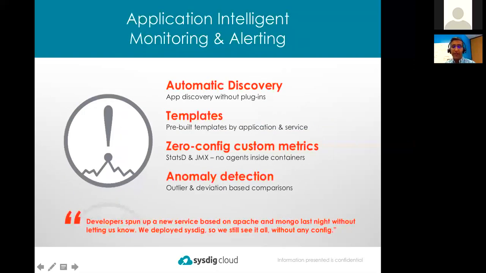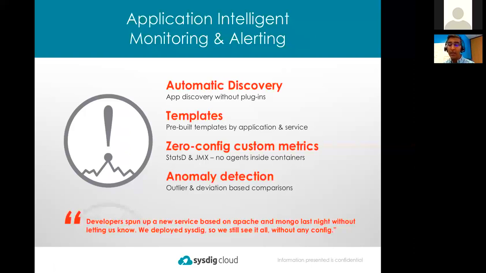While you're writing those in, let's talk about how we get intelligent about the application as well as the infrastructure. We start with this concept of automatic discovery. You're probably all too familiar with the fact that when you're setting up a monitoring product today, you typically have to tune those agents to know what applications are running on the host they're monitoring and what are the correct metrics to collect. We've automated all of that.